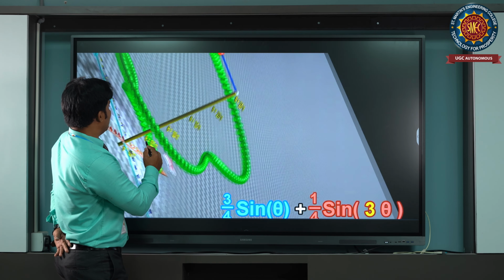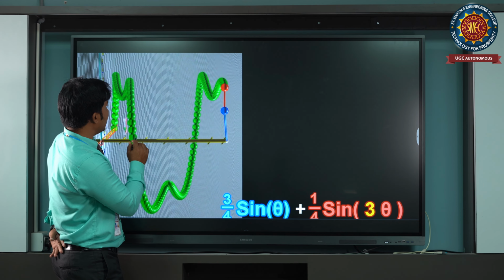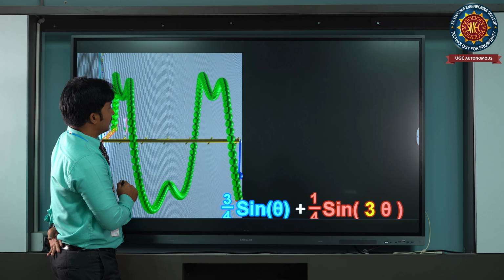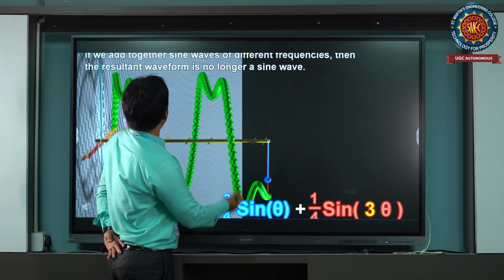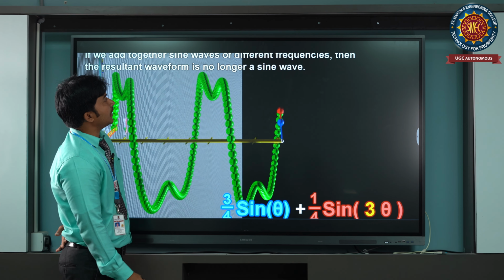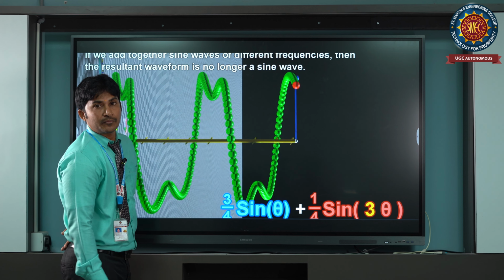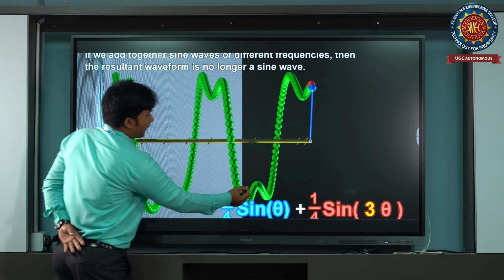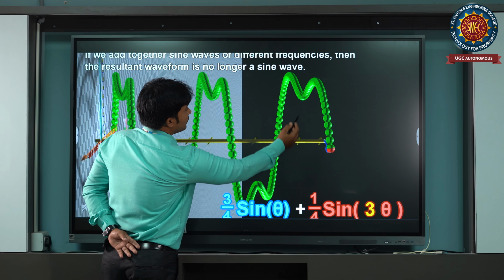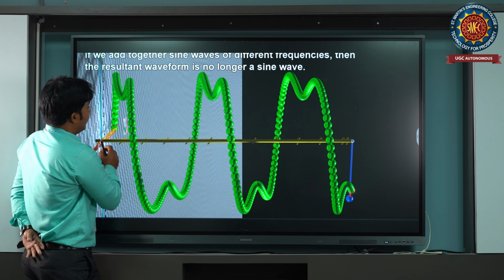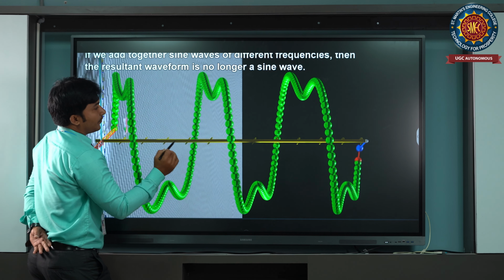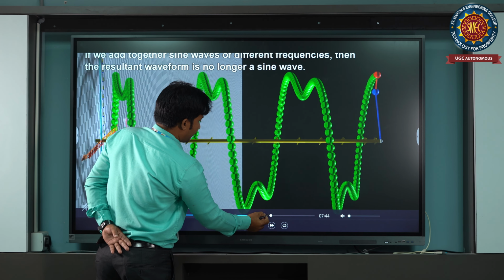The wave transformation is 3 by 4 sin theta plus 1 by 4 sin 3 theta. With two waves, the resultant is no longer a sine wave. The next wave is transformed into the sine wave and cos wave. Okay, this is the sine wave, and next one is